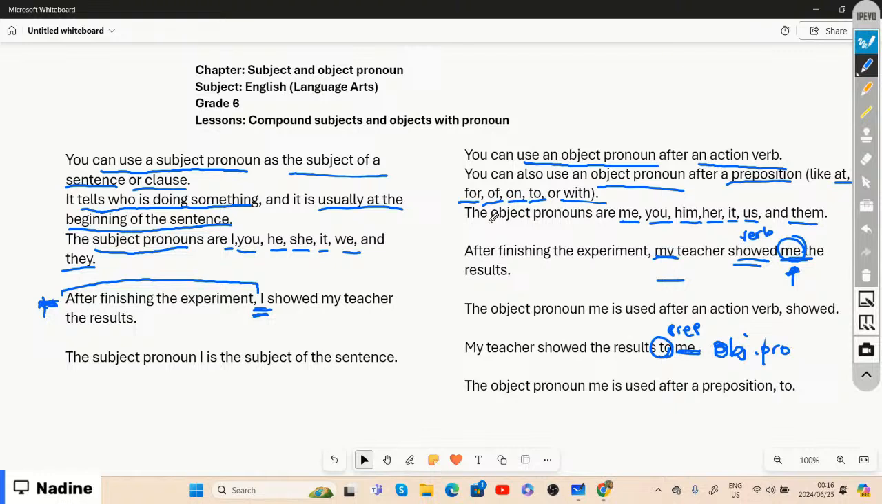All right, so once again, before we continue with subject and object pronouns, remember a pronoun takes the place of a noun. So instead of saying Nadine, instead of saying,